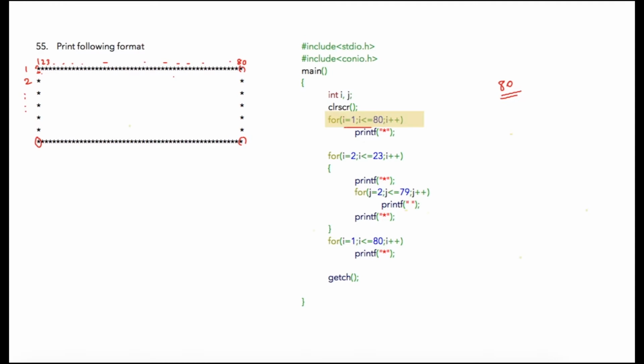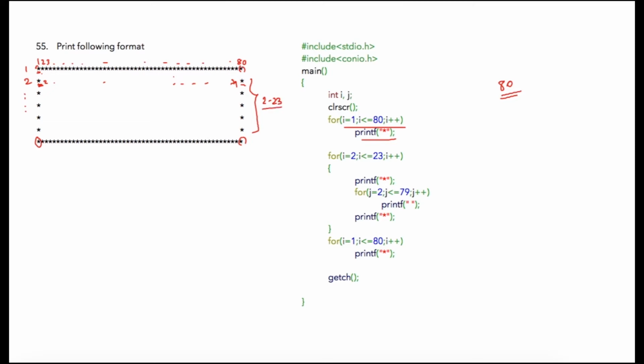So I am using a for loop for 80 iterations and simply printing a star. Once the 80th star is printed, the cursor will move on to the next line automatically. If you observe the second, third, fourth and till the second last row, we are required to print one single star, then spaces, and then finally a star on the 80th column. So on the first and 80th column we require a star. From the second location till the 79th location we are required to print spaces, and this operation will be executed for